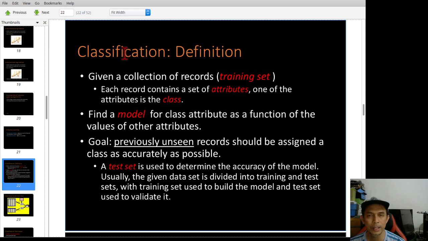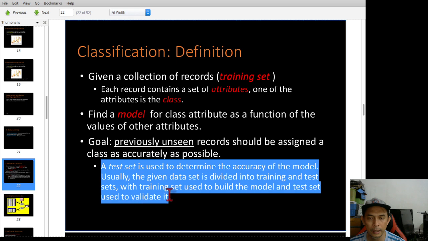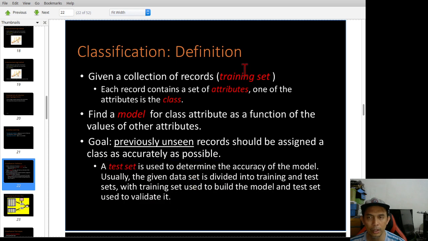Normally in a classification problem, the aim is to predict the class of unseen records. You use these as a test set. So you have the training set and you have the test set. The training set comes with records where the last column is a class, whereas for the test set you have the record but you don't have the class.